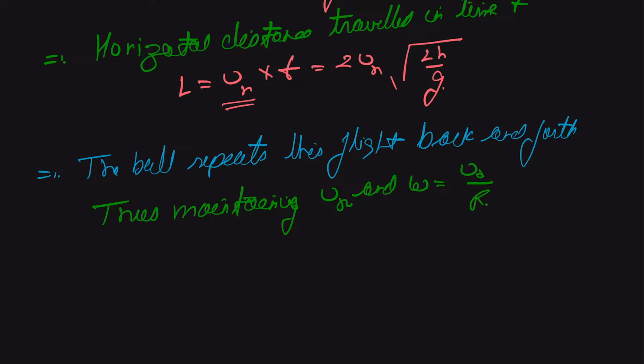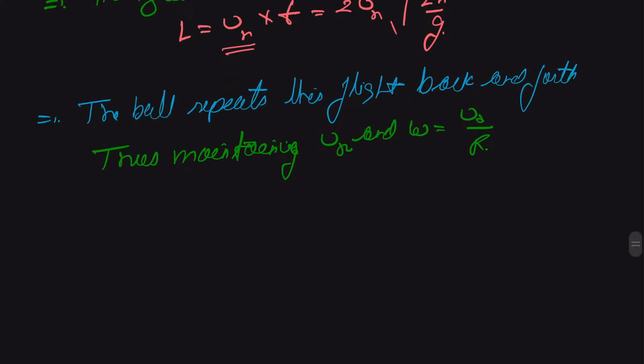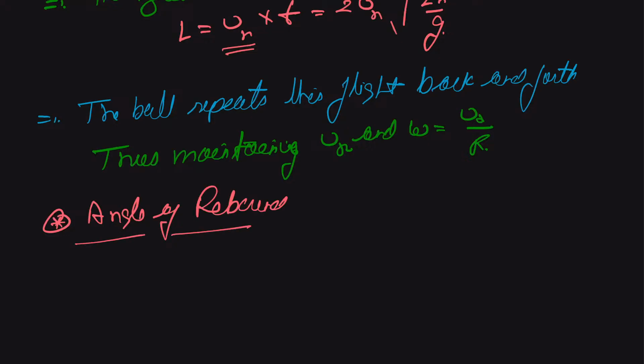And now we can easily find out our angle of rebound, which was asked in part B. So we can say that the angle of rebound, if that is theta,